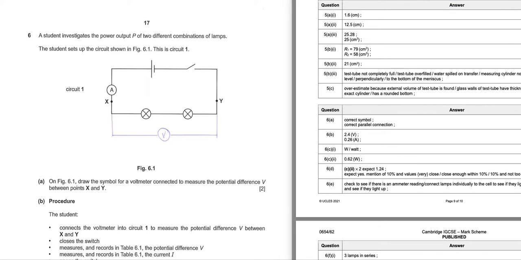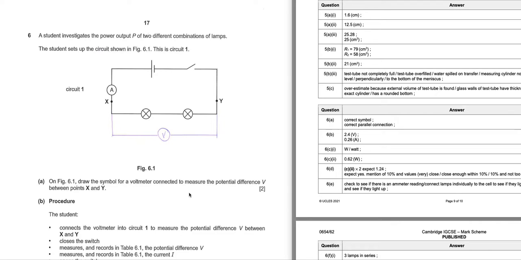All right, let's get started with February-May, paper 6.2, 2021, that's the year, and we're looking at question 6. This is the question about electricity, and the first thing we're asked is to draw the symbol for